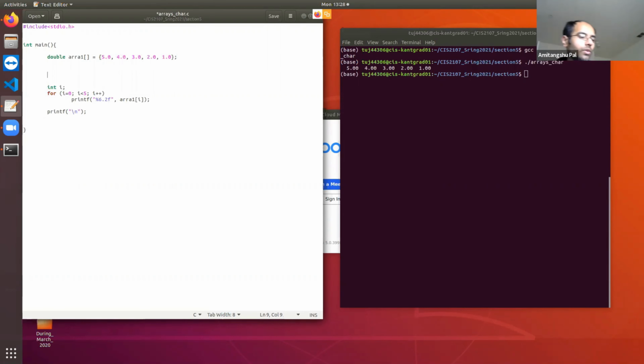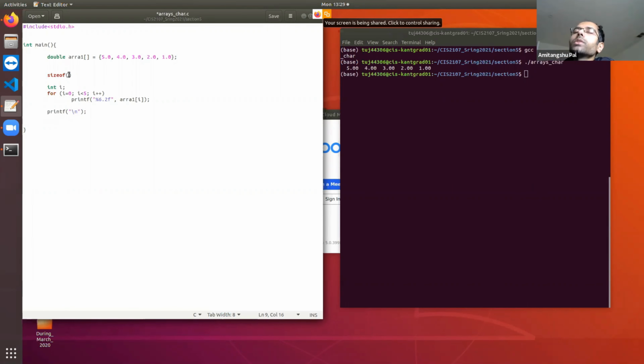So there is a function called sizeof. Okay, you see that whenever I'm writing sizeof, it is colored in brown, that means it's a keyword. So this sizeof function works as follows. Inside this bracket, whatever you are going to put, sizeof is going to return the number of bytes that is allocated by that entity.